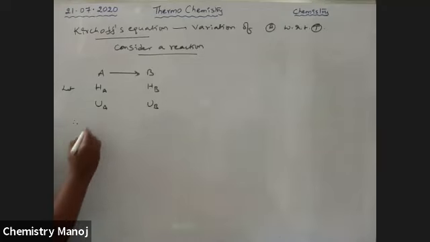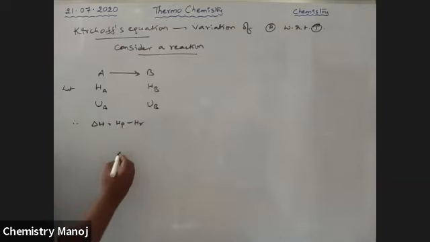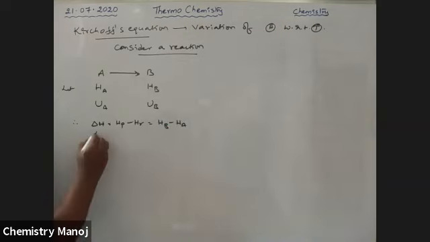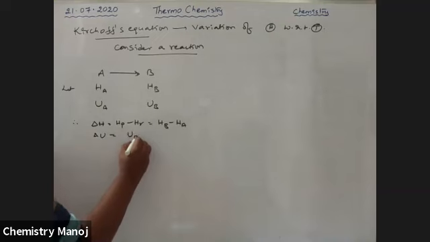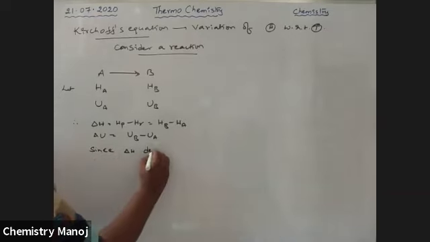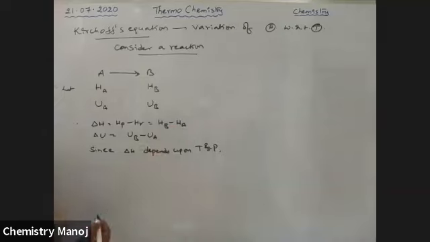Therefore, delta H is equal to enthalpy of products minus enthalpy of reactants, that is equal to HB minus HA. Similarly, delta U is equal to UB minus UA. Since delta H depends on temperature and pressure, at constant pressure I am taking,